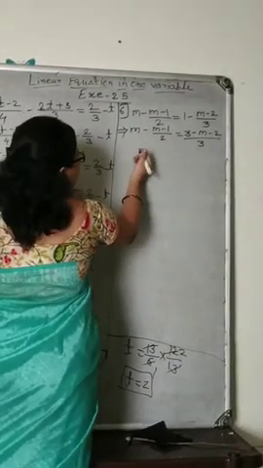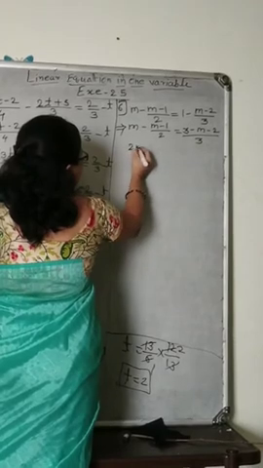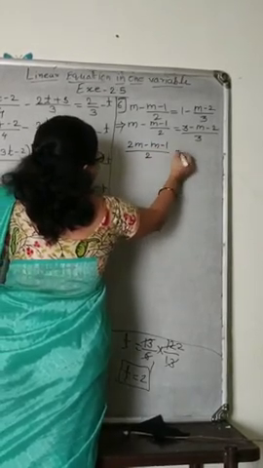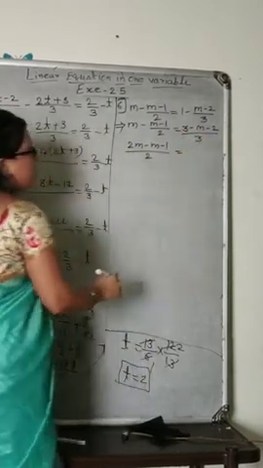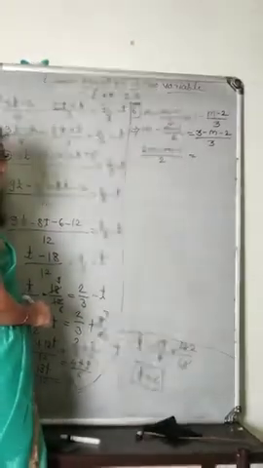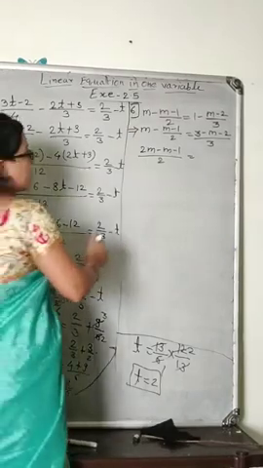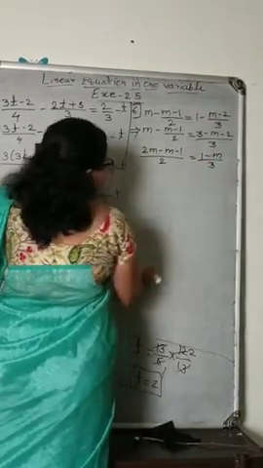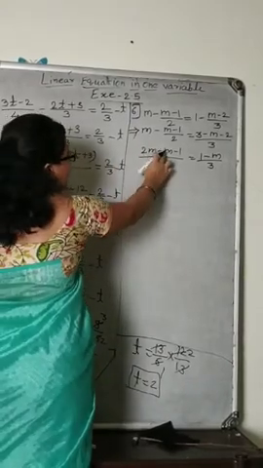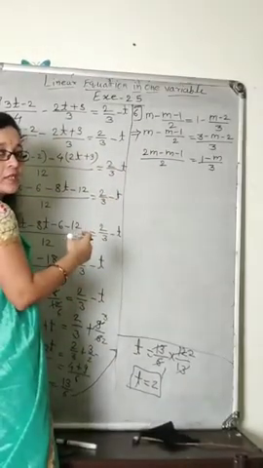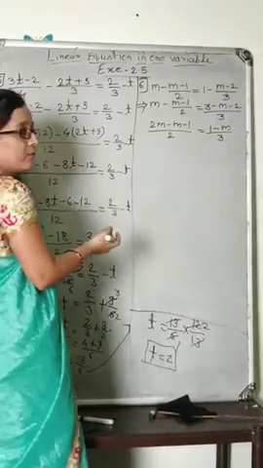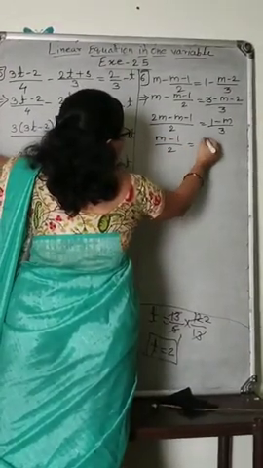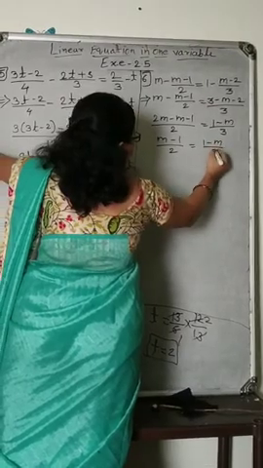Now here do the cross multiplication, means what will be there? 2m minus m minus 1 divided by 2. Now here is 3 minus 2, and minus 2 means subtraction. 3 subtract 2, 1 remains with the bigger number's sign. That's why 1 minus m divided by 3 will remain. Now there is 2m minus m. 2m minus m means subtraction. From the 2 we have to subtract 1. That's why it remains m minus 1 divided by 2 and 1 minus m divided by 3 is there.